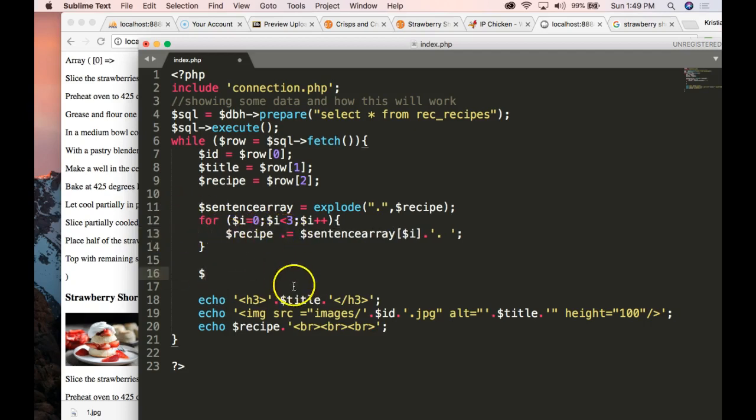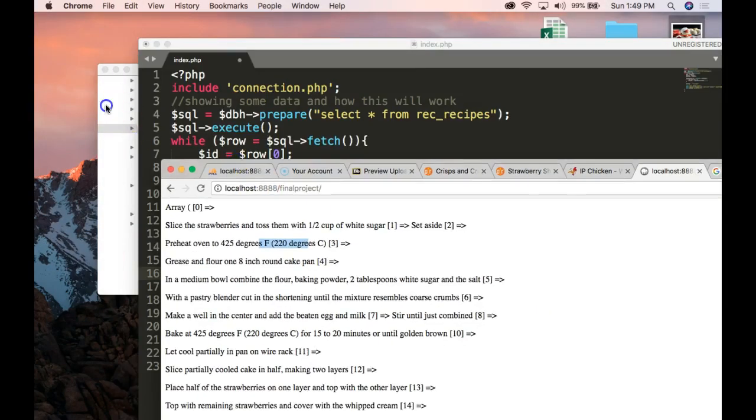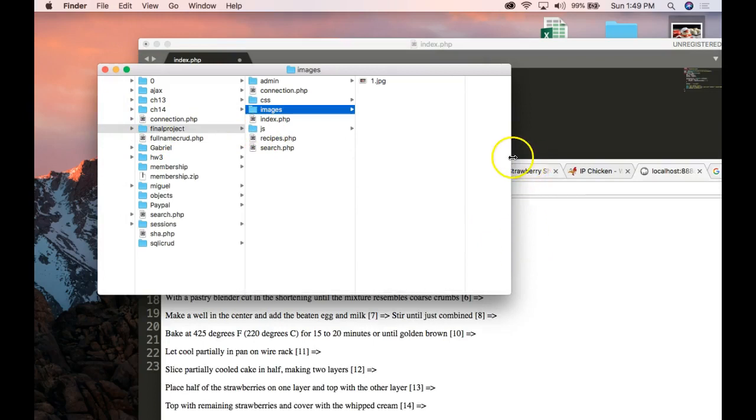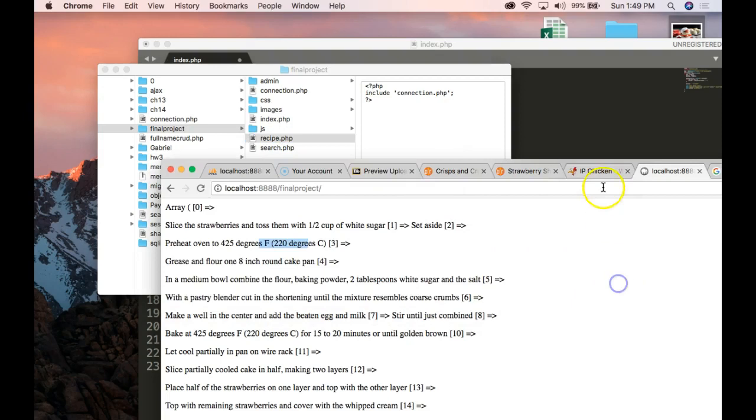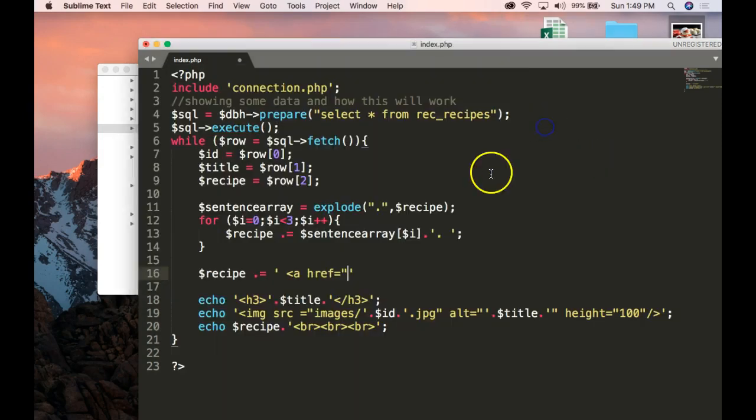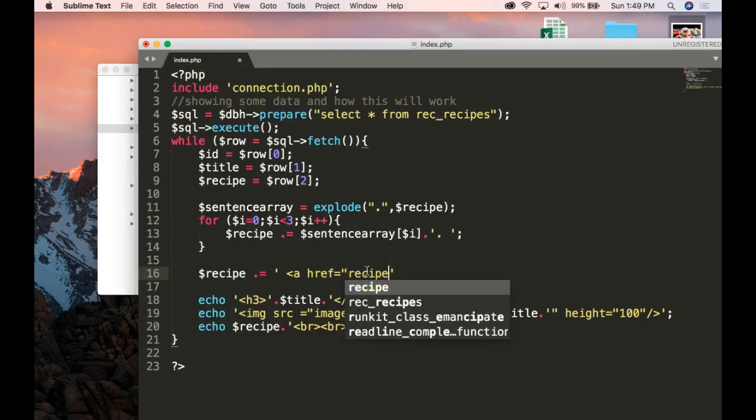So the point of that is that this recipe will be 4 sentences, and then we can add or append our read more link. So I'll do a dot equals after the loop is complete that has a hyperlink, and let's give it a little space here. href equals, and what was our interior page? I think it was just recipe.php. Yeah, recipes.php. Let's change it to recipe so we know exactly what we're doing here. So this will be recipe.php